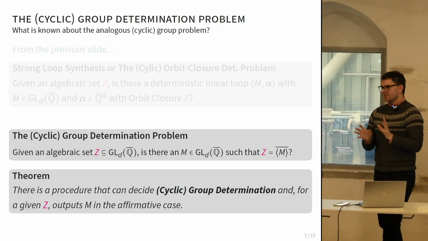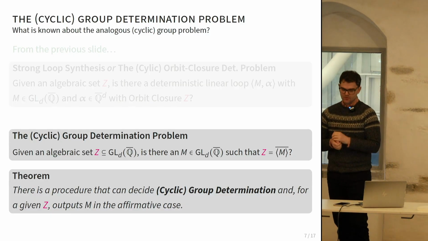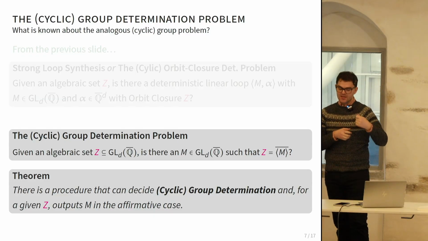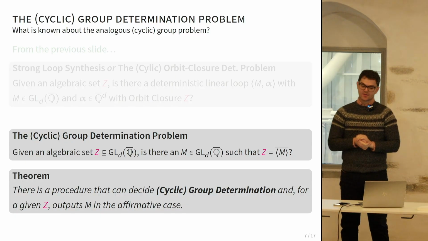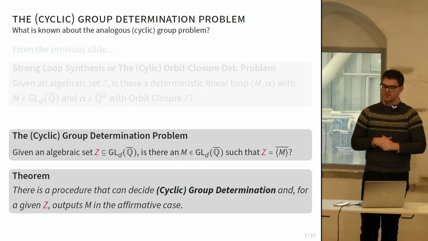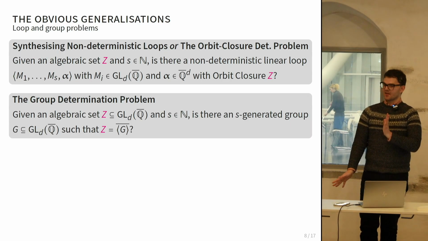The results that we have in this paper, this theorem, says that in the cyclic group determination case, you can not only give a decision problem, but you can also output the matrix in the case when your answer to the decision problem is yes. Now, the thing that we're going to go from here is, well, I've put this word in brackets everywhere on this slide, cyclic. So can we do any better? And luckily, for being a POPL paper, the answer is kind of yes.